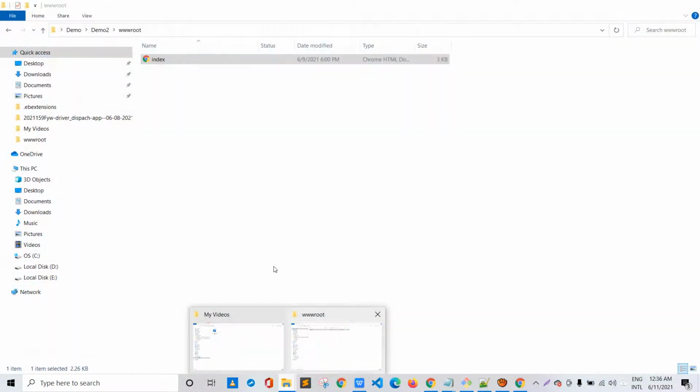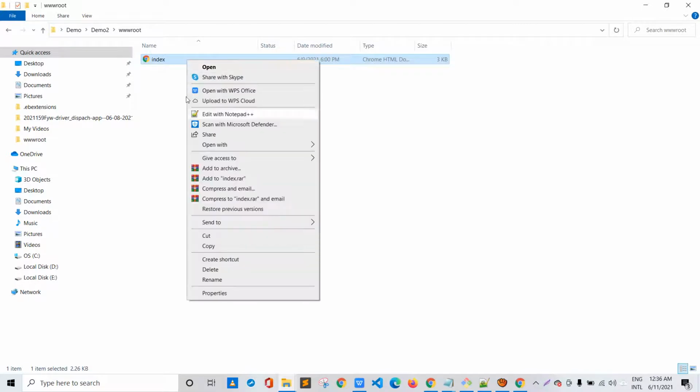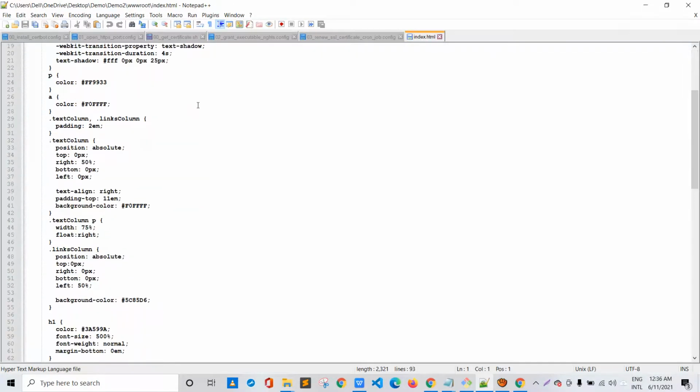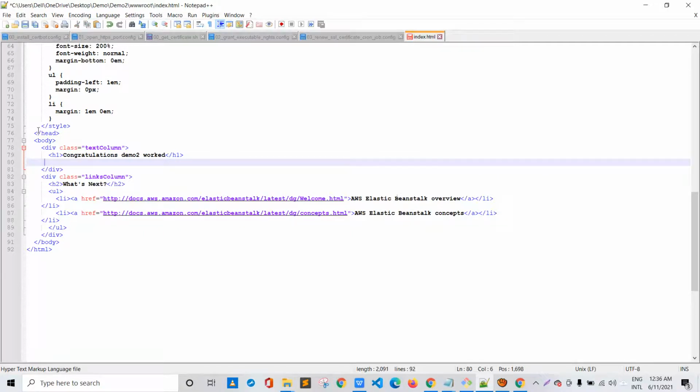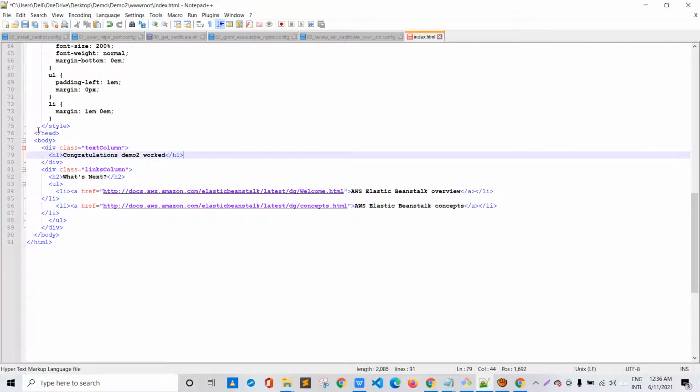Let me open it with Notepad++, and give it a name. Let me delete all these old lines, and demo, let's say 2.1. Yes, congratulations, demo 2.1.